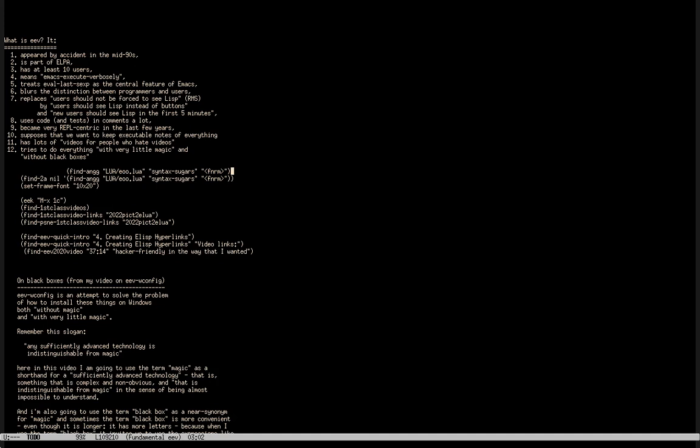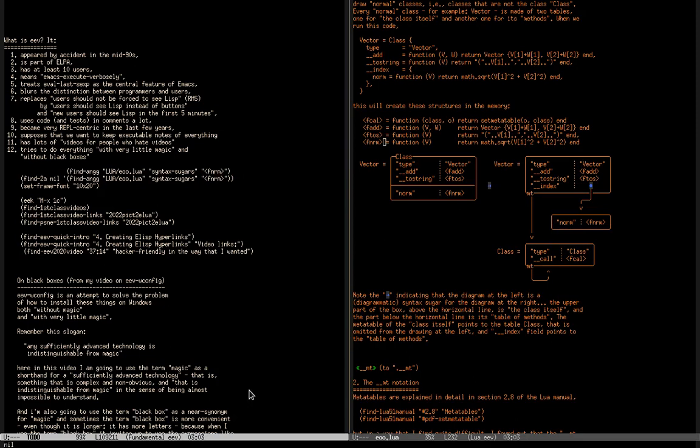But I prefer to keep links to everything that is interesting as a Lisp hyperlink. So, for example, this is a Lisp hyperlink to a file that goes to this anchor here and to this string after this anchor. This is a variant that opens that file in the window at the right here.